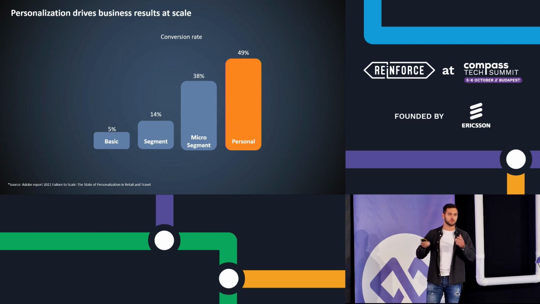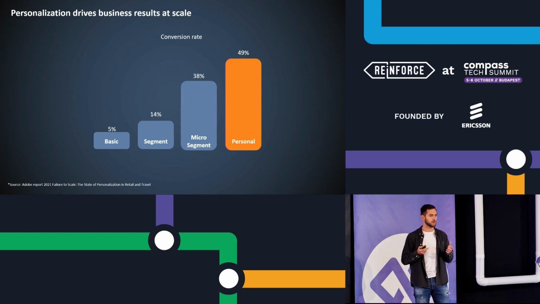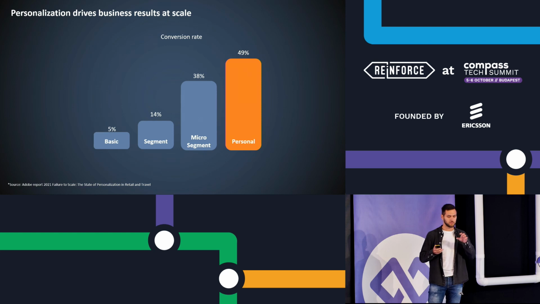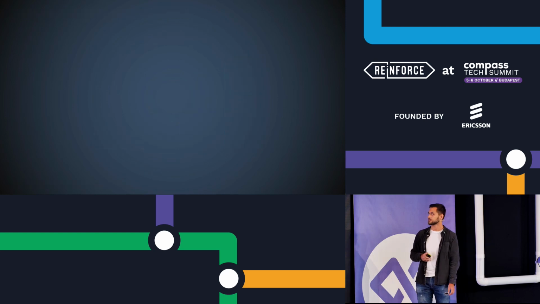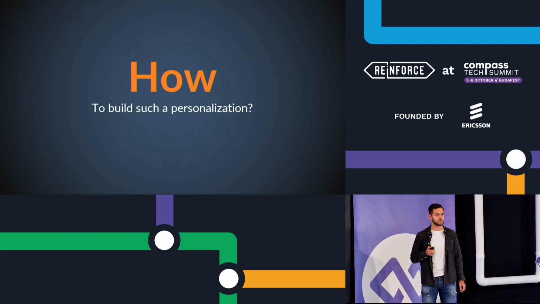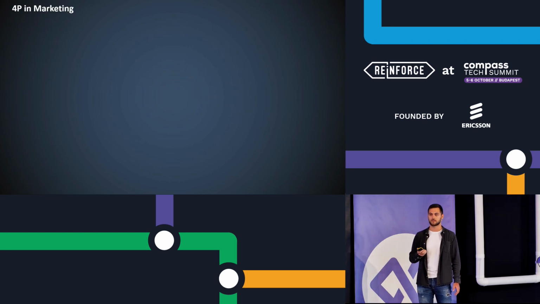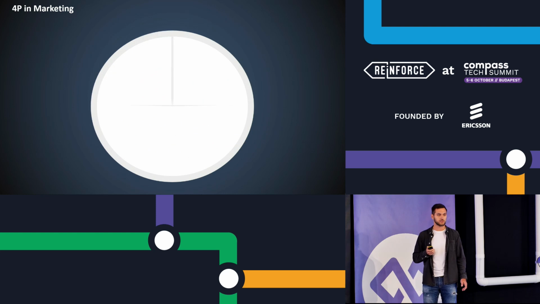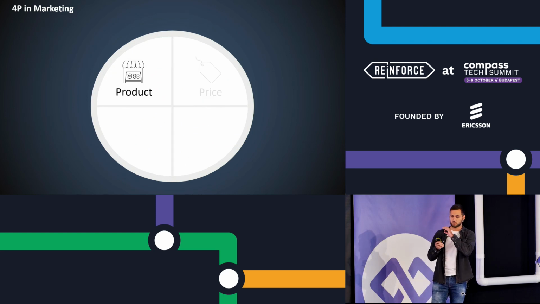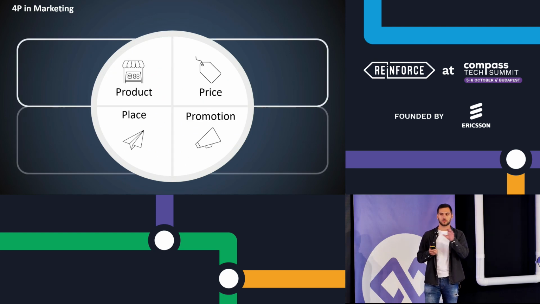With the personal approach, using machine learning, it's more or less automated, and marketing leaders can think of being creative rather than doing manual things. How to build such a personalization? This is a good question because it sounds reasonable and sounds to be effective. And now let's embark on our journey and build some bridge between marketing and intelligence.